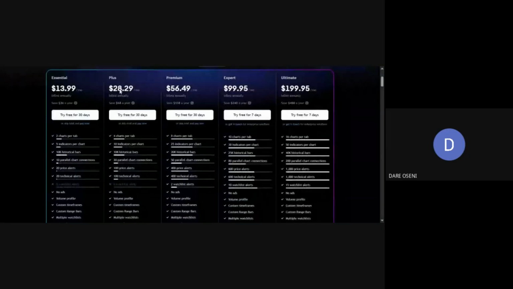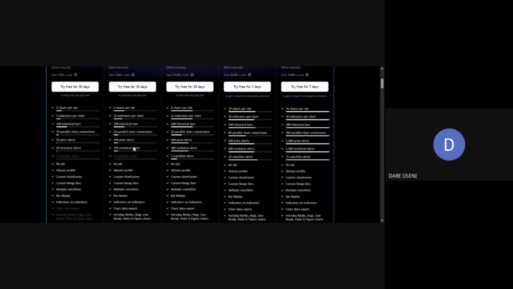And for this other $28 one, you can open 4 charts. For this other one, you can open 8 charts. This $99, 10 charts, 16 charts, and 5 indicators. But for the free one, you can't use indicators. You can use all those strong indicators. And they wrote it there that